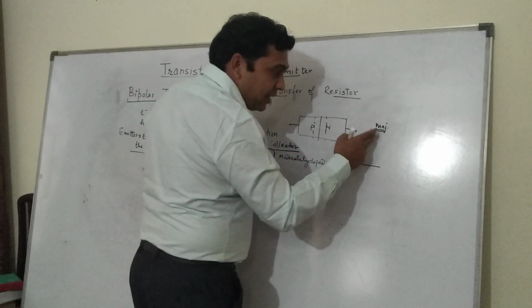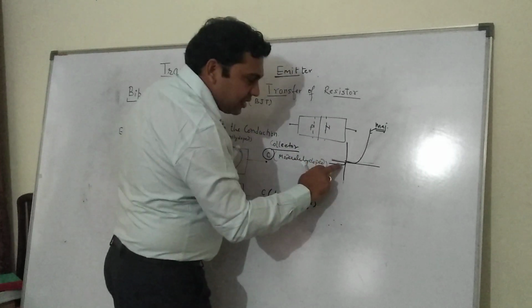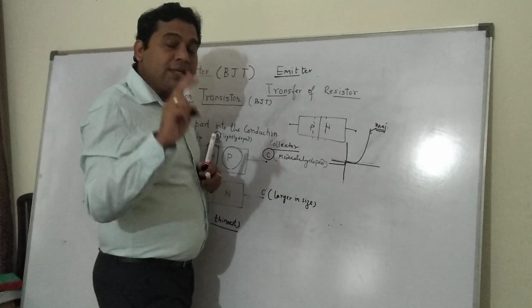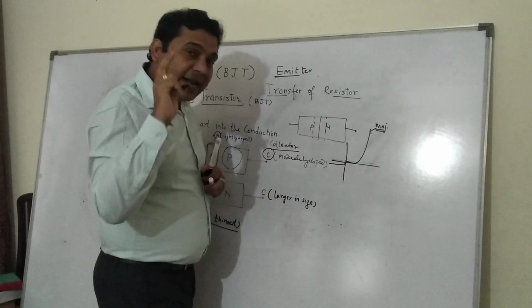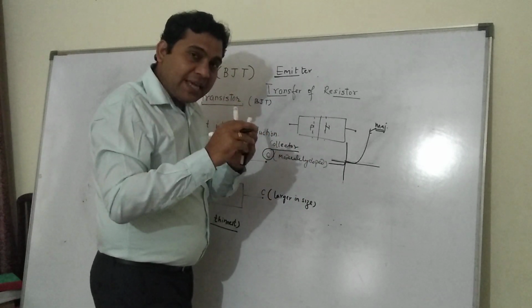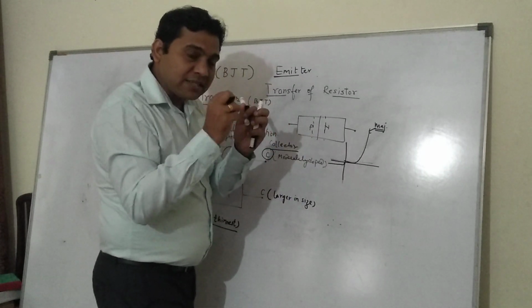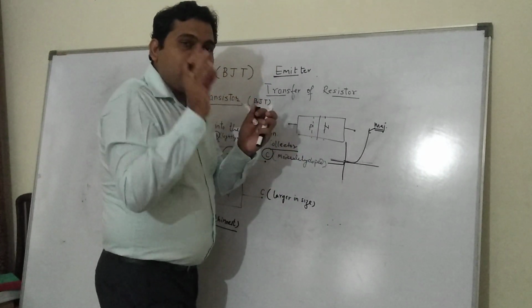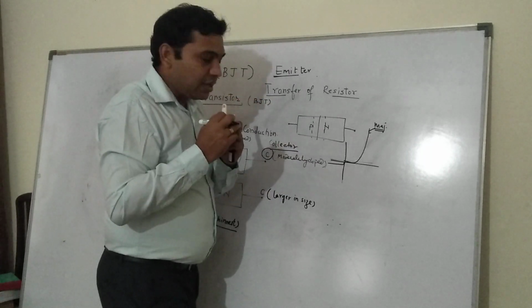In a forward bias, the current flows due to the diffusion of majority charge carriers, whereas in case of a reverse bias, the current flows due to the minority charge carriers. And this is a drift phenomenon, because when you apply a reverse bias, the depletion region increases, and as soon as the minority charge carriers come into the depletion region, they are taken away by the field. This is how the current flows.